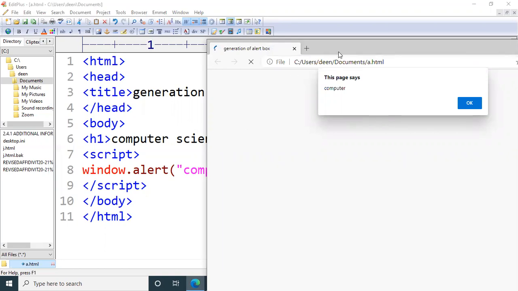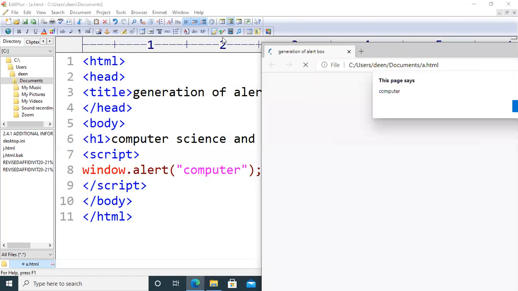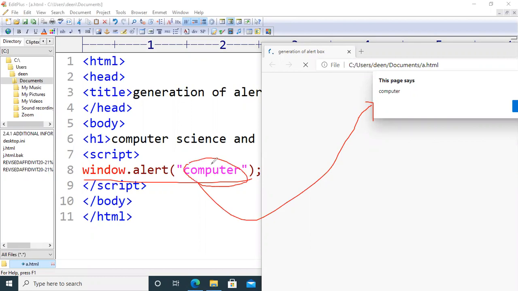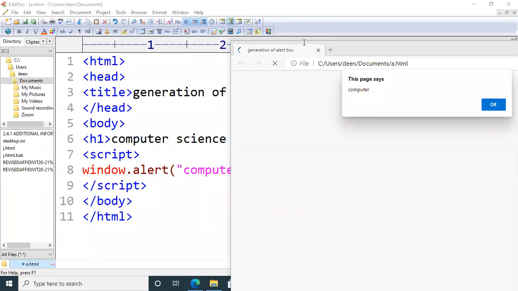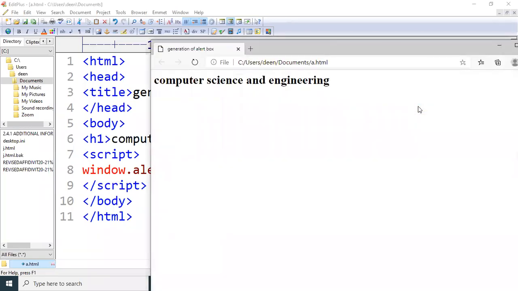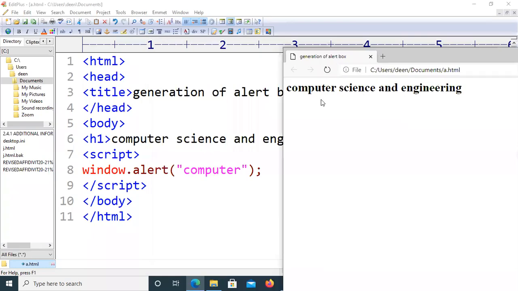If you observe this particular window.alert of computer, it has created this particular box, and this computer text was displayed here, and then there is a button called the OK button here. Okay, let us clear all these drawings first. Now you can just make a click on this one. After making a click on this alert box, it displayed computer